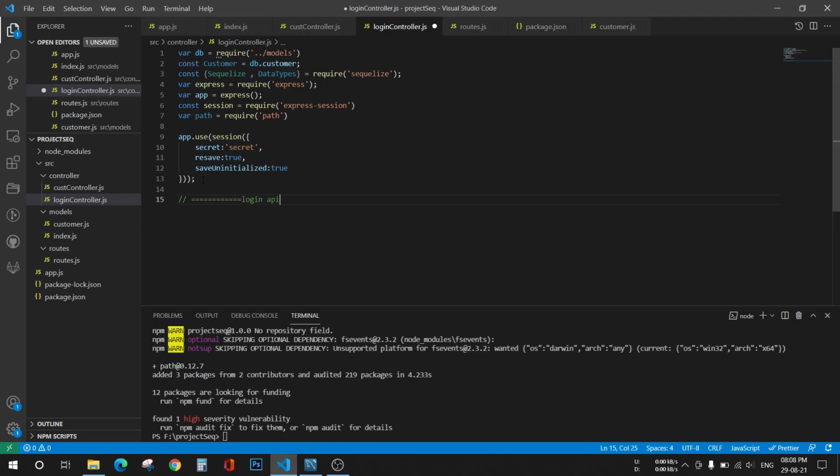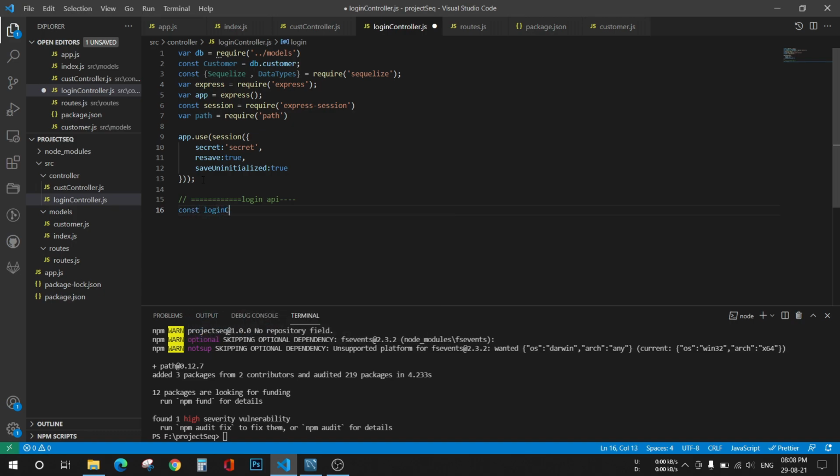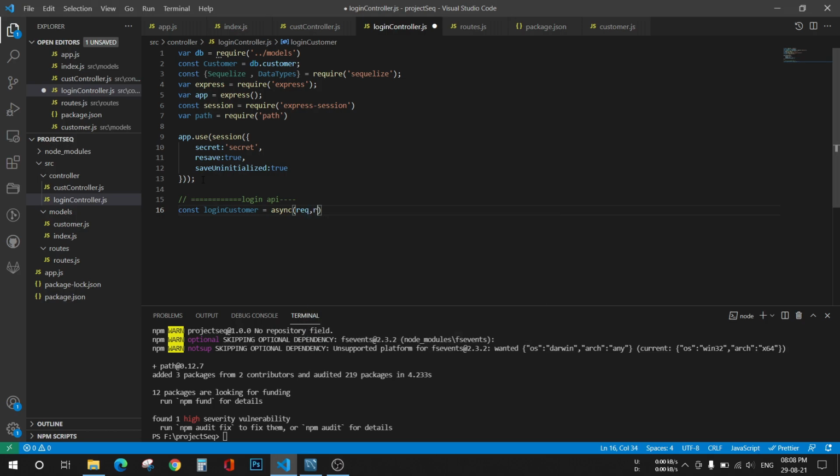Now let's create our login API. const loginCustomer, which will be equal to async request, response, next, and we have to take username and password from the customer only.